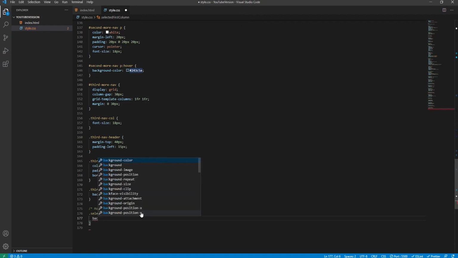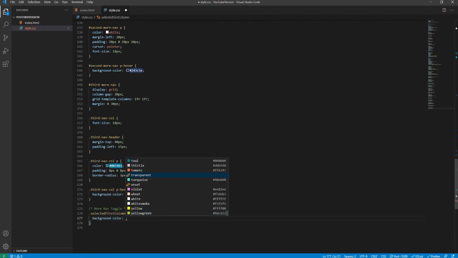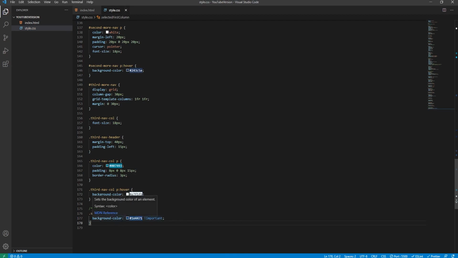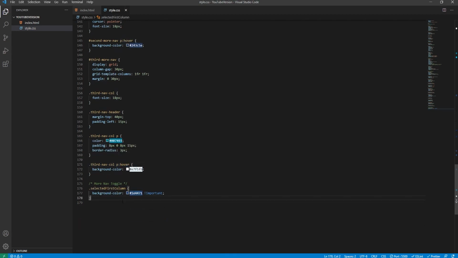So we'll say background color will be a hex code of 1E4471, and then we use the important keyword to overwrite all of the background colors that we might have added to the element. For example, from the pseudo selector, we're going to override the background color of the pseudo selector,